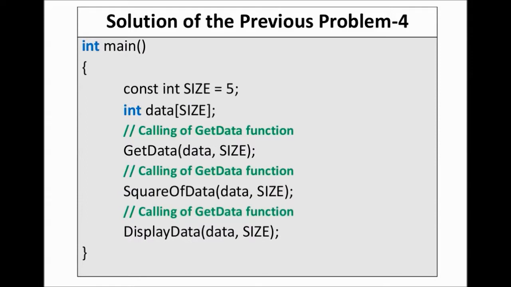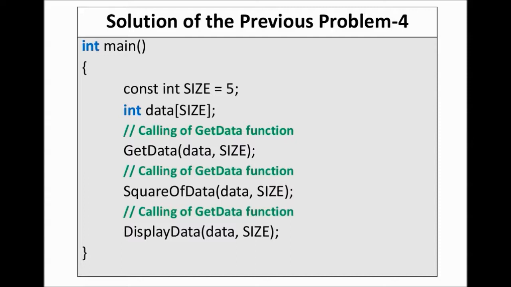So in our main program, first of all we declare variables: const int size equal to 5. Here size is a variable of data type integer and we store a value 5, and we use the keyword const before declaring this. It means it freezes this parameter and we are not able to make any change in this variable